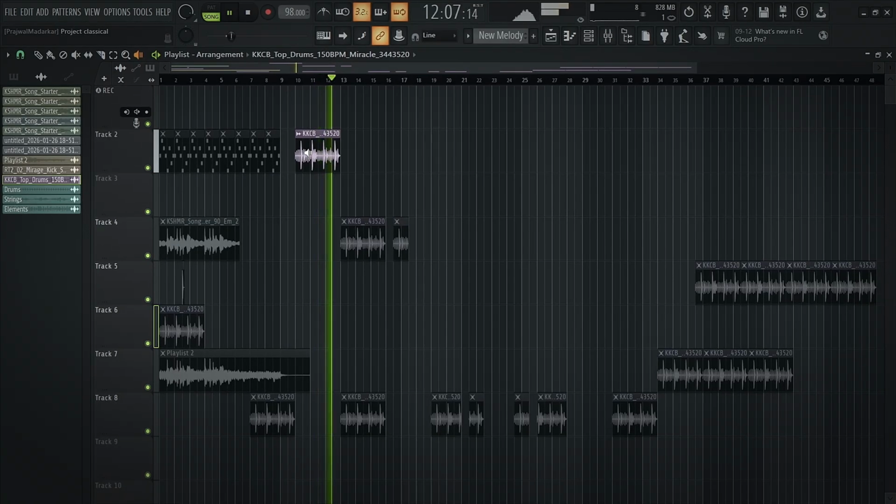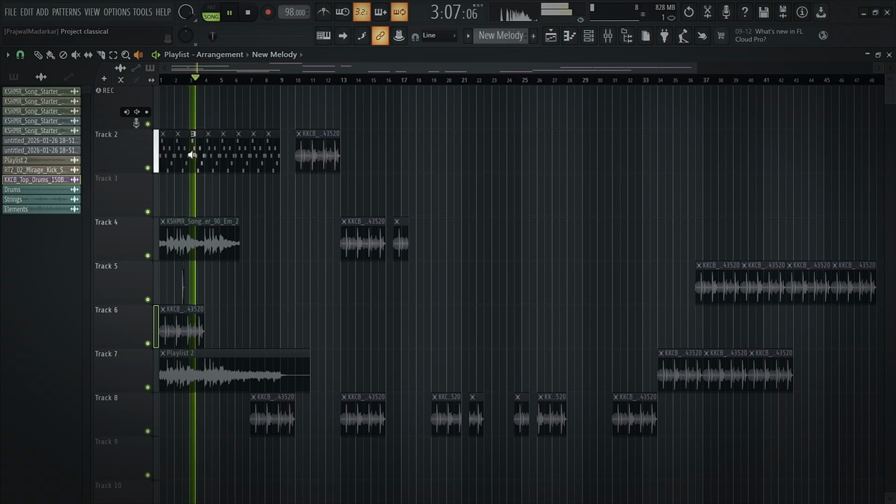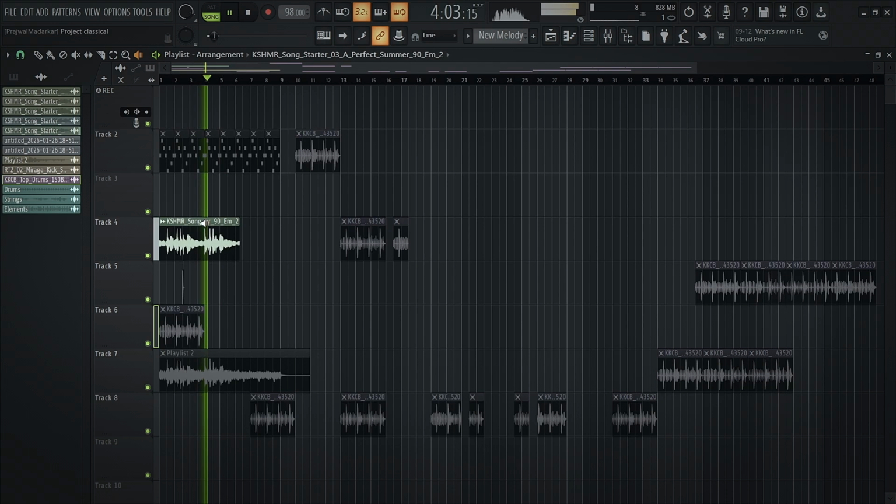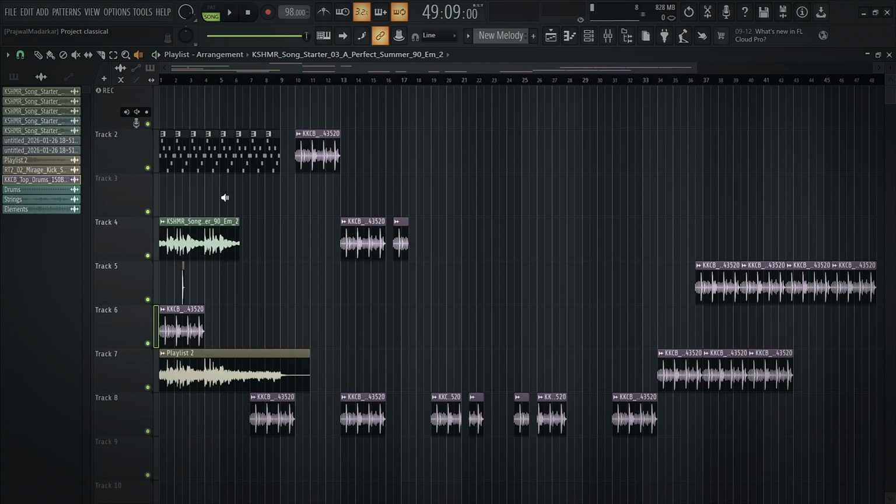You can see all the samples are muted. It even plays the disabled ones. Like if we disable this sample,